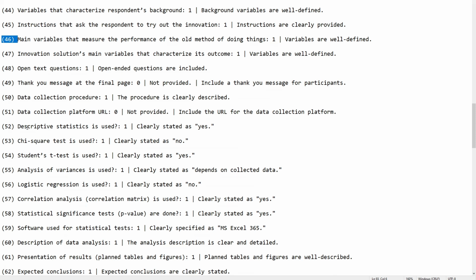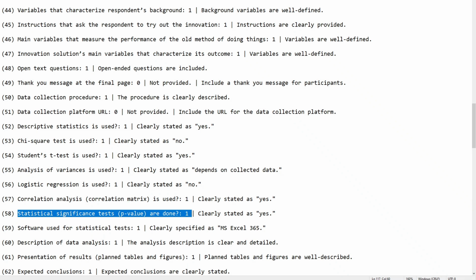So we can see that the student uses descriptive statistics and student's t-test, and also the correlation analysis in a form of correlation matrix, together with statistical significance tests, meaning calculating the p-value. So REPLEI is satisfied